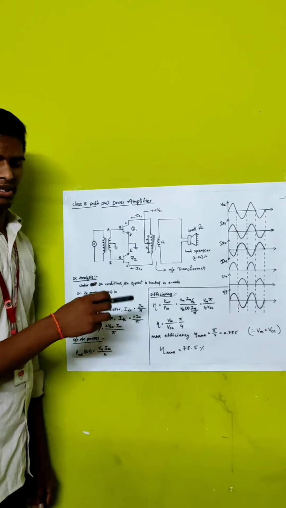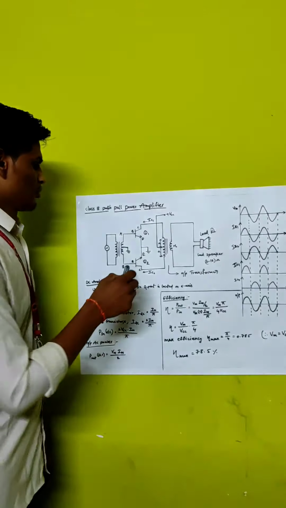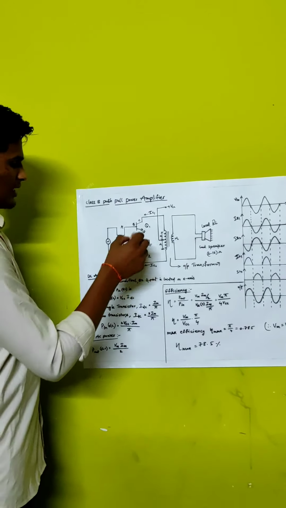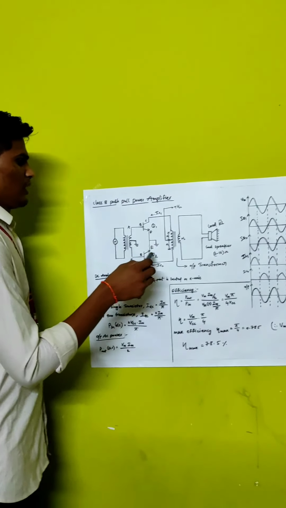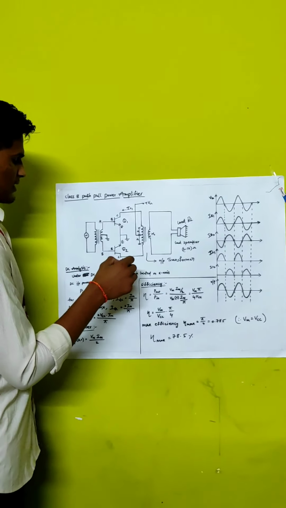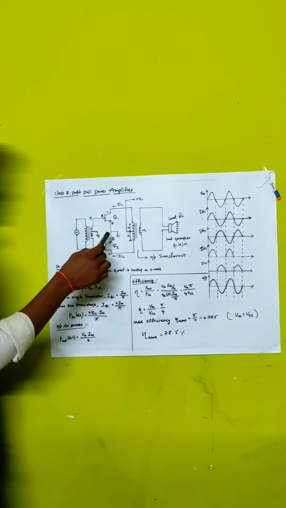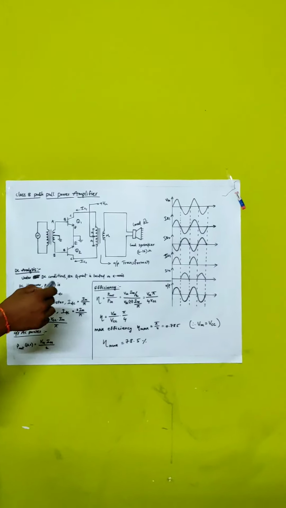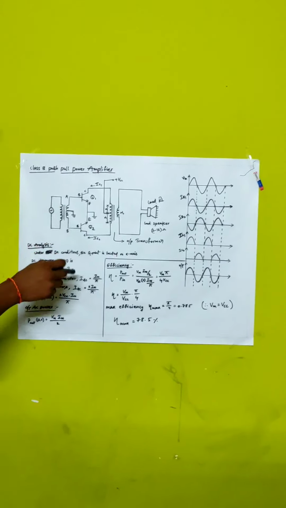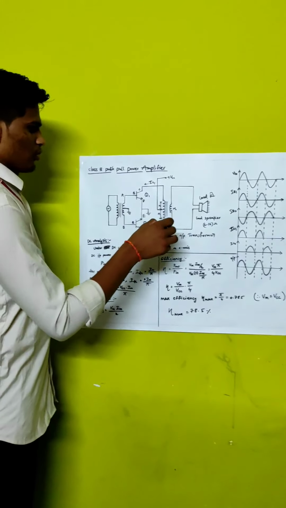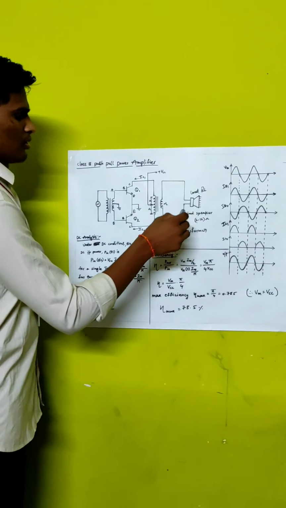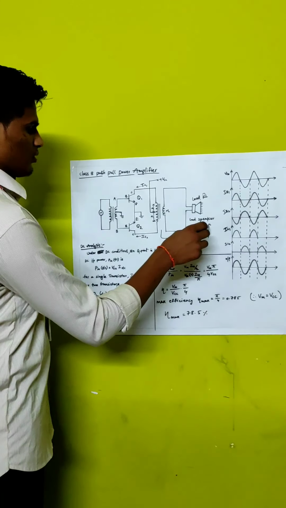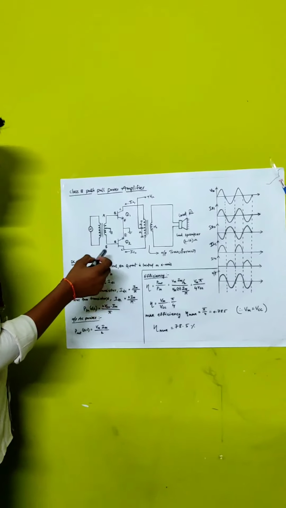These two transistors are used to avoid distortions in the class B push-pull power amplifier. These two transistors are identical. The quiescent point is taken exactly at the x-axis of the DC load line. Due to this, only the positive half or negative half cycle will be taken by these transistors, and the output is given to the load. Thus this load is a loudspeaker. It is having 3 to 16 ohms.